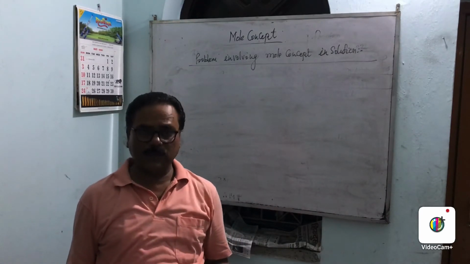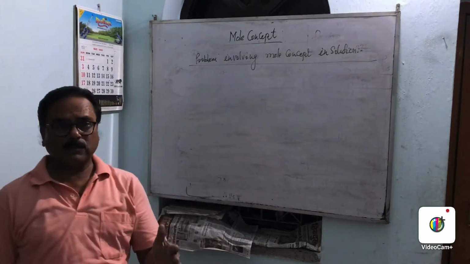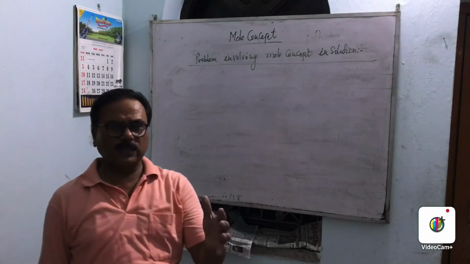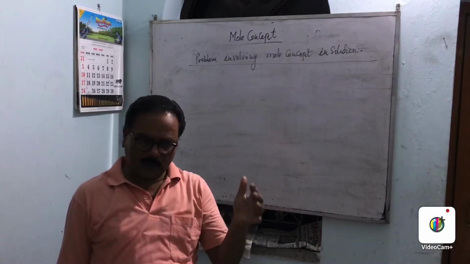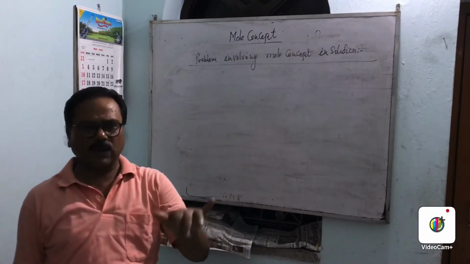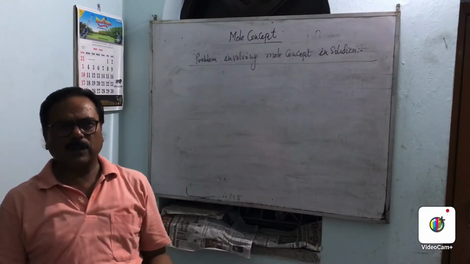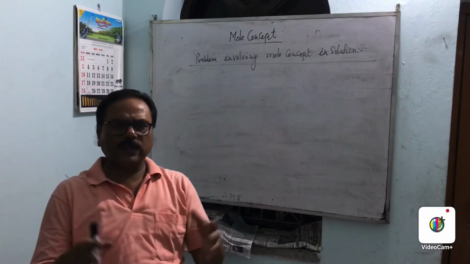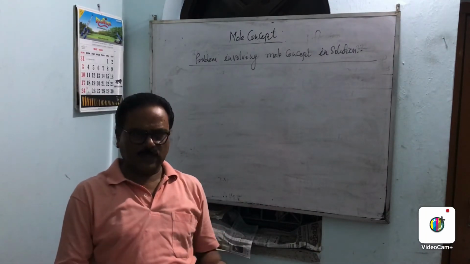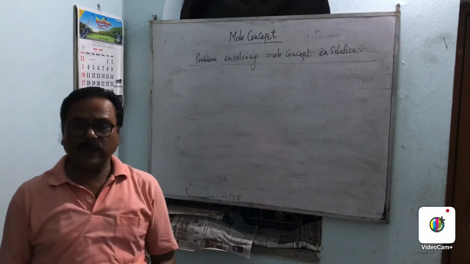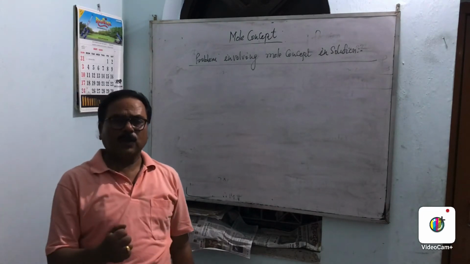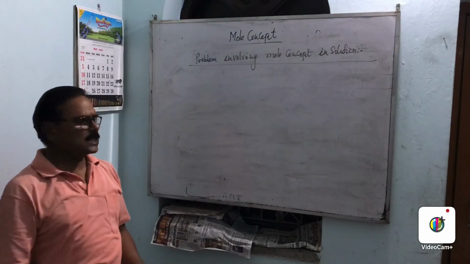Is it clear? You know it very well. And in the solution, there is one solute and another solvent, and when they combine together, it forms the solution. So when we talk about solution, there are some terms to discuss here,